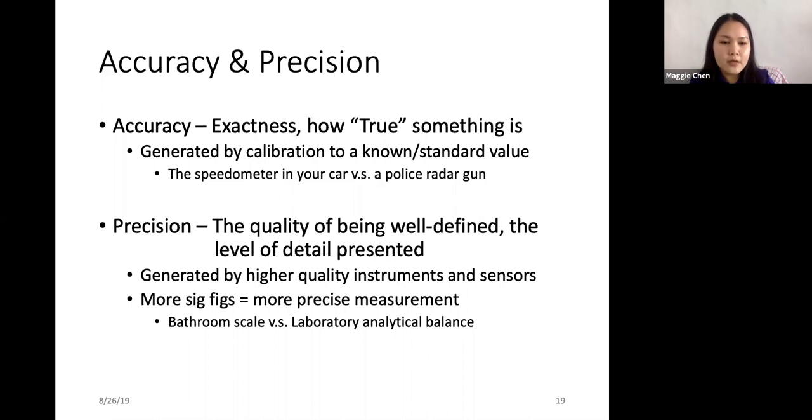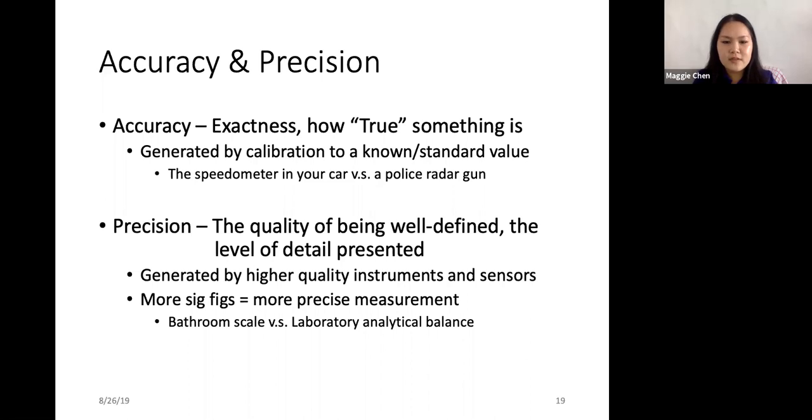And if we're going to compare 2 different measurements, we could look at a bathroom scale versus a laboratory analytical balance. So your bathroom scale probably gives us up to 1 number past the decimal point, maybe, at best. But if I weigh myself and I eat an Oreo and then I weigh myself again, it probably won't register that on my bathroom scale. But the laboratory analytical balance gives us up to 2 decimal places and it's very sensitive and it gives us more